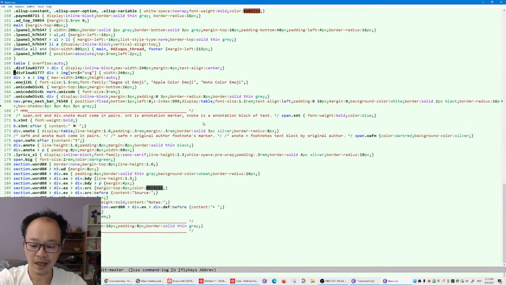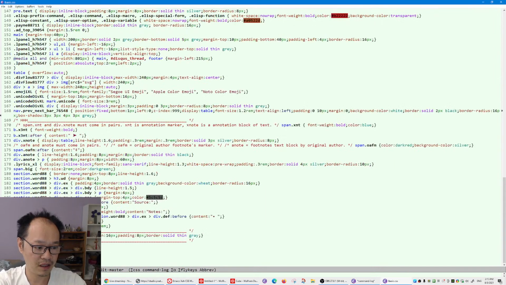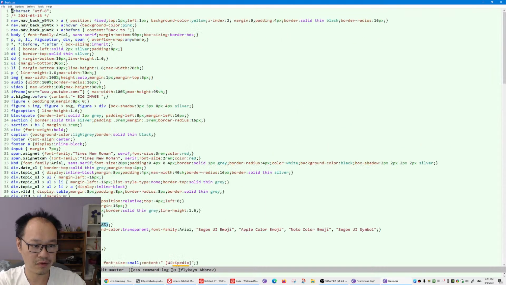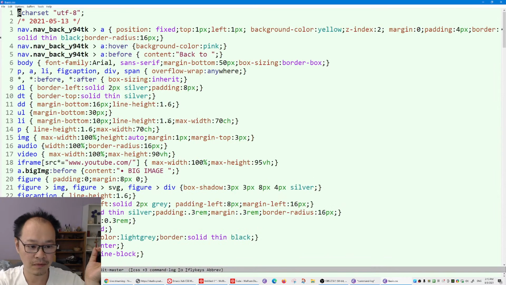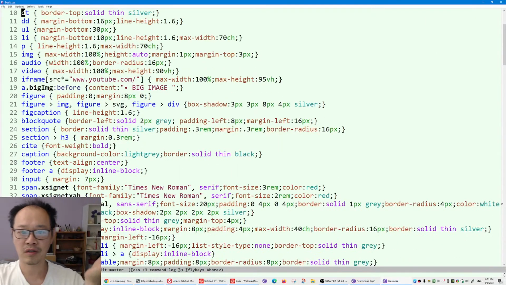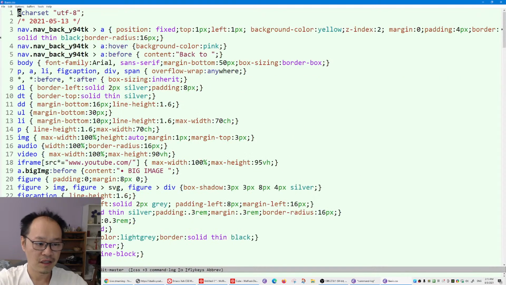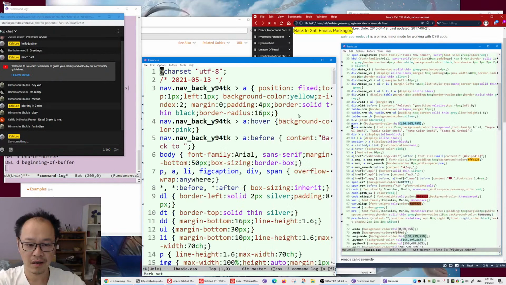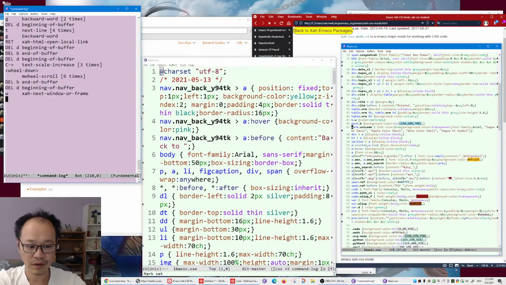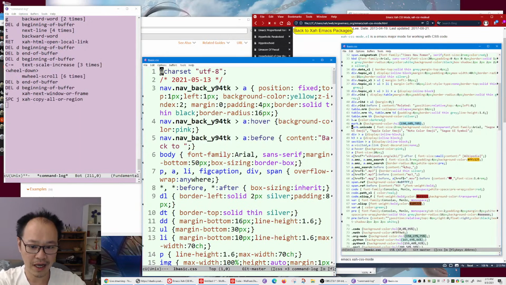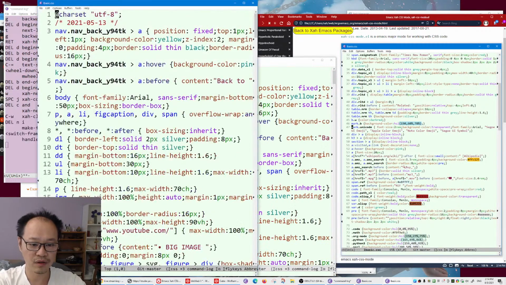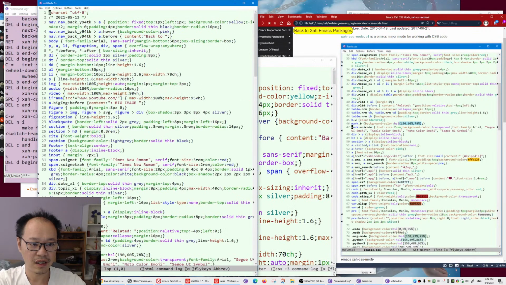Okay, so here is my website's CSS file. You can see there are 195 lines, which is pretty small, as compared to most other websites, Wikipedia or mainstream websites, whose CSS files are over 1,000 lines. This is my CSS file, and this is colored according to XAH CSS mod. Let's magnify. Let's copy that, create a new buffer and paste it here. And now I'm going to show this in Emacs